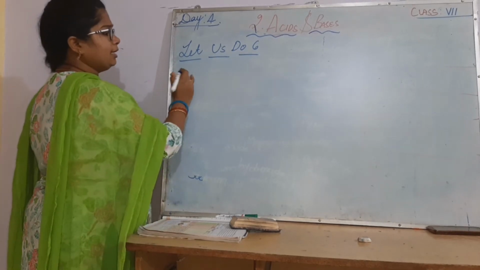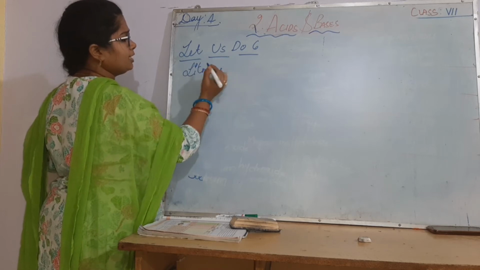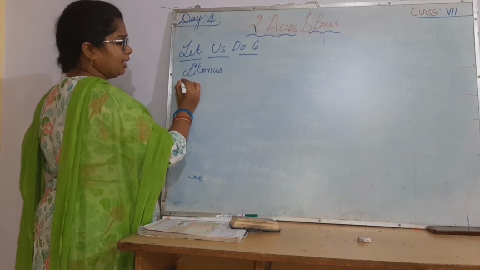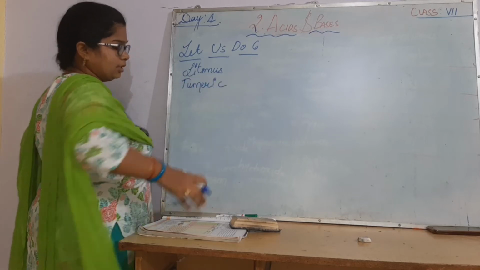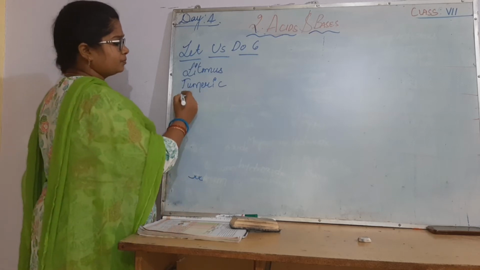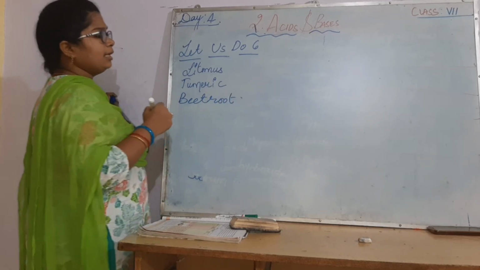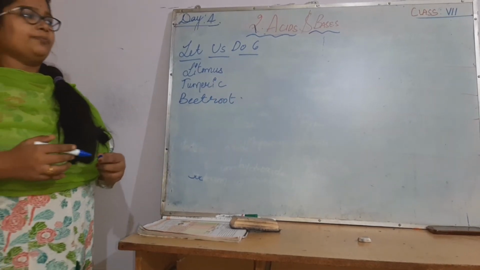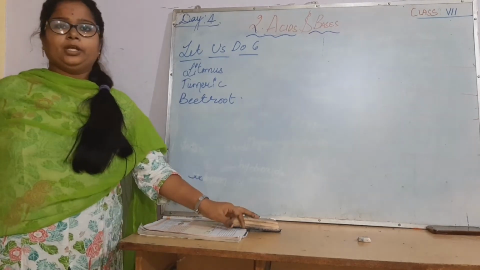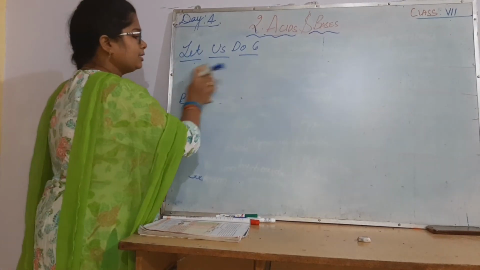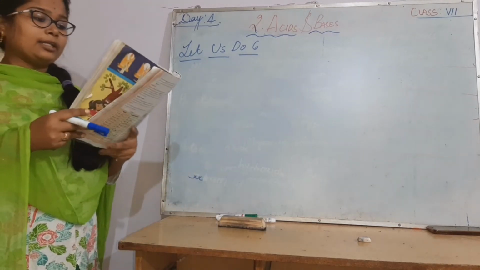So you saw the indicators till now: litmus papers. We can say these are natural indicators: turmeric, beetroot, hibiscus, and the mango leaf you saw. These are naturally obtained, isn't it? Now we are going to see other indicators.